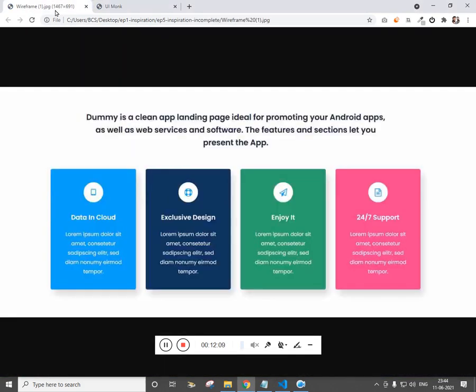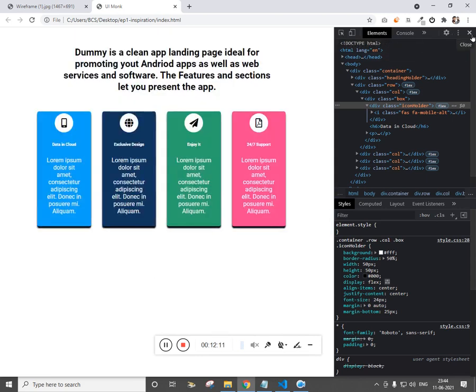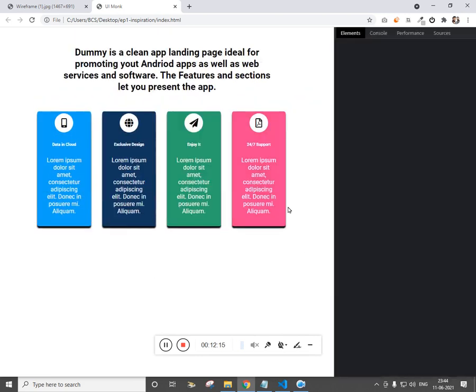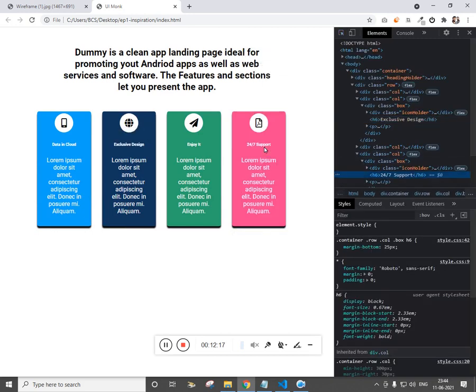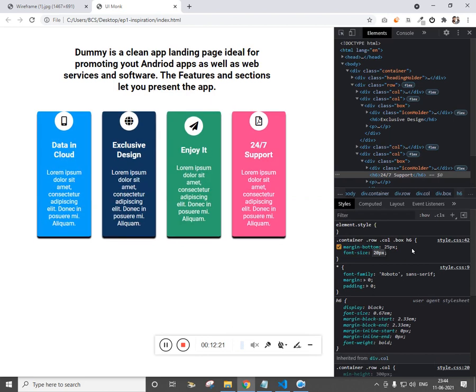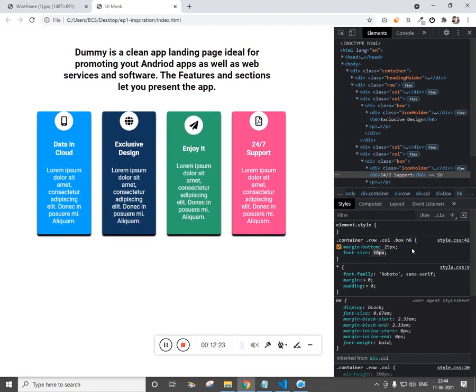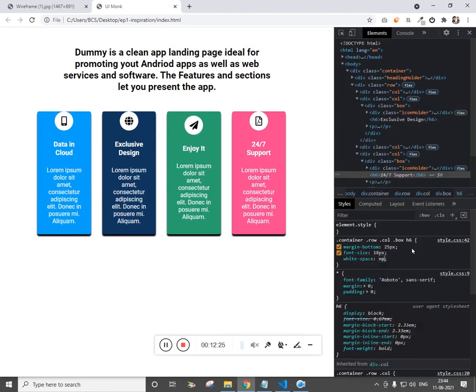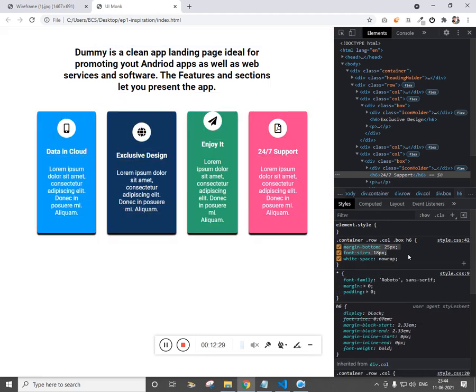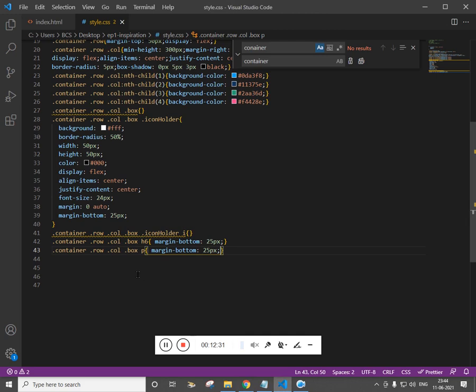Now I want to increase the size for the h6, which is too small. Select this and give font size 25 pixels. White space, no wrap. Select all. White space no wrap, what it does is it will not allow the text to get wrapped.